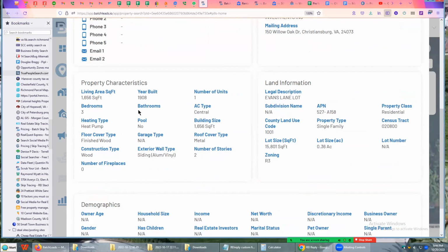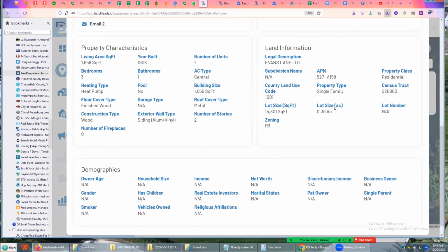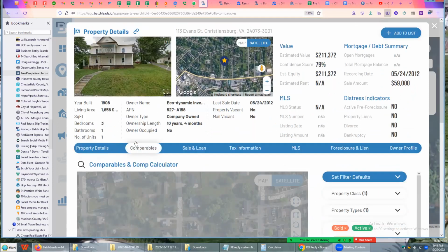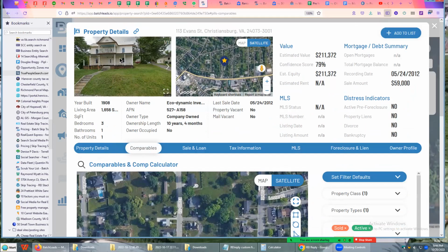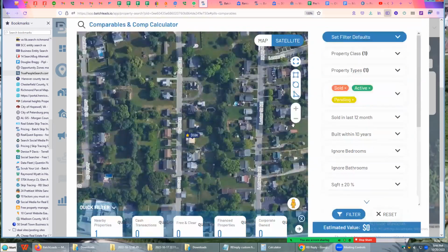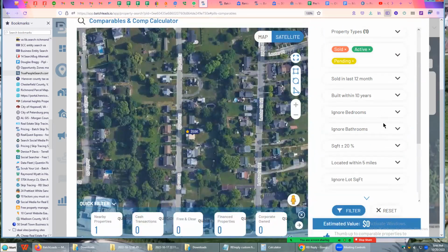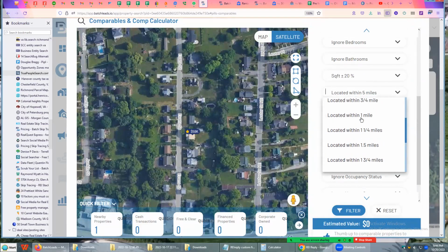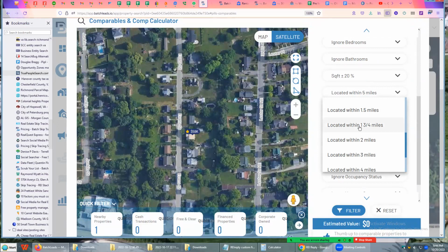All right, 3 bedroom, 1 bath. This is good. 1,600 square feet. This is a standard single family property. That looks a lot bigger than 1,600 square feet, but maybe not. Okay, so I'm looking at this, it's saying located within 5 miles. I don't like that, but